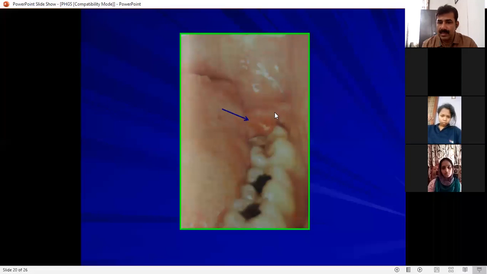So when this gets entrapped and infected, what happens? The size of this enlarges. And when the patient closes the mouth, the upper molar will come and hit this. And this will ulcerate this area and this will result in infection here. And this infection can spread distally, buccally, lingually, down to the floor of the mouth, etc. And the resultant picture is a very painful one. So that is called pericoronitis.